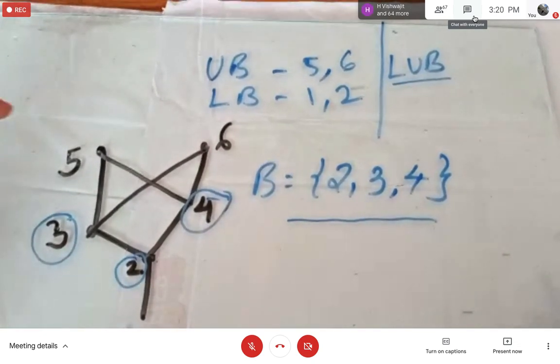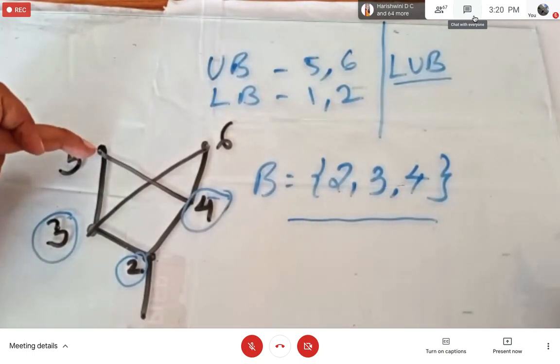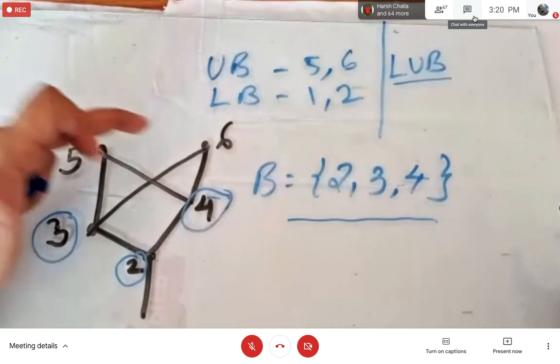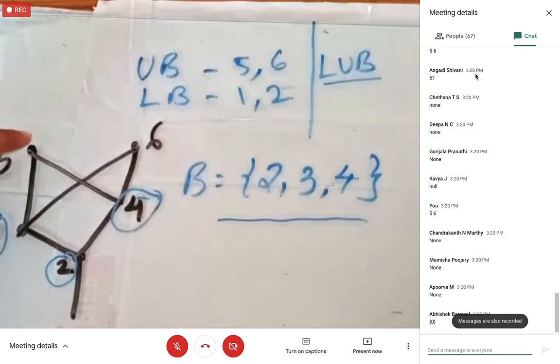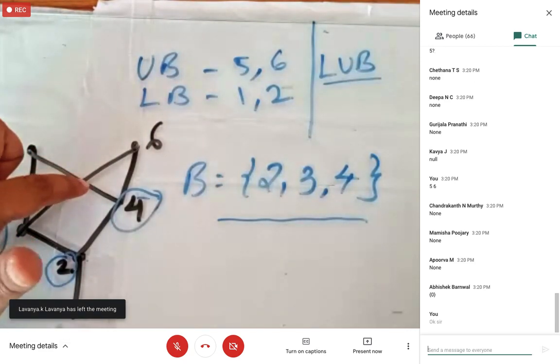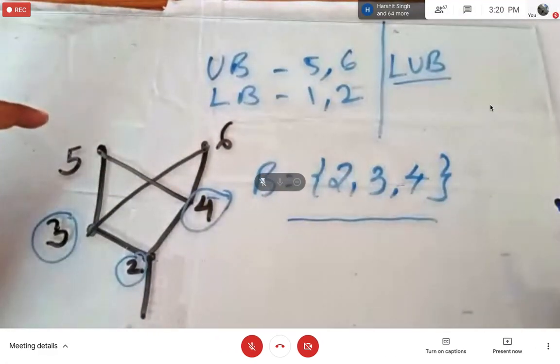Okay, so when you are checking that, it has to be related to other upper bound elements. When you see 5, yes, exactly, it is related to itself, but it is not related to 6, right? Always you have to see in the upward direction. Don't think that you have a line from bottom and again bottom to up. No, you should not think in that way. So actually 5 is not related to 6. So 5 can't be the least upper bound.